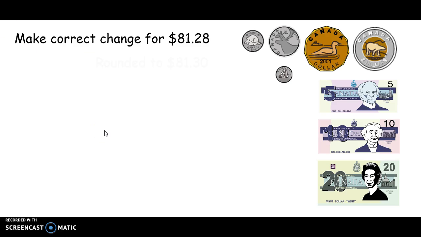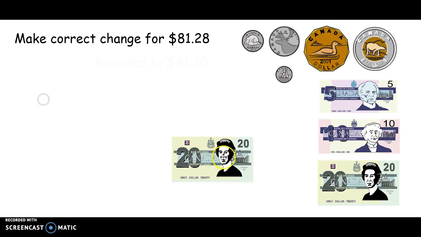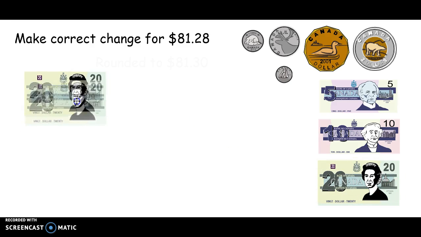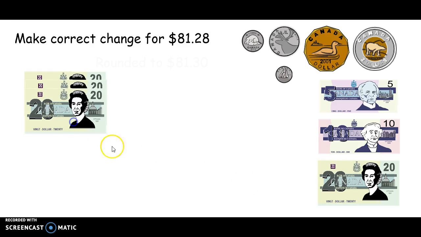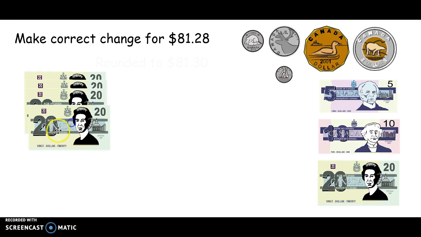Let's do another example. Let's make correct change for the amount $81.28. We will also estimate how much change we'll get based on this amount. So first of all, how much money are we going to provide? Let's say, for example, we have at least $80 and an extra 10 to make a total of $90 that we are providing to pay for the amount,